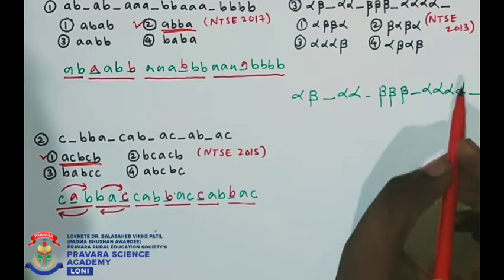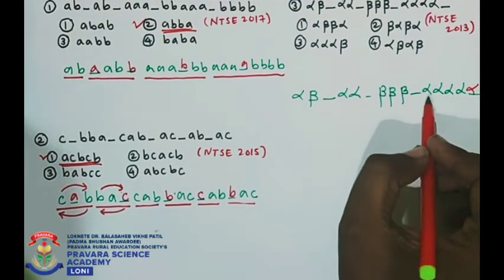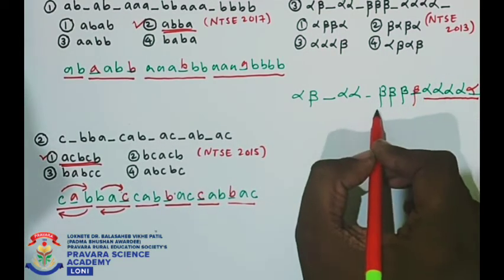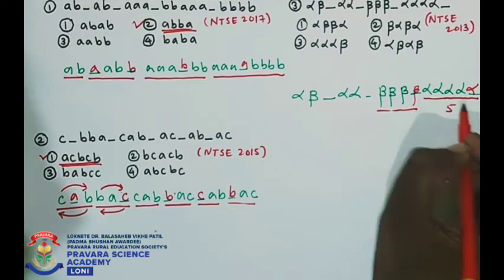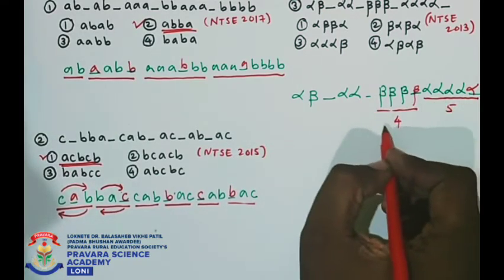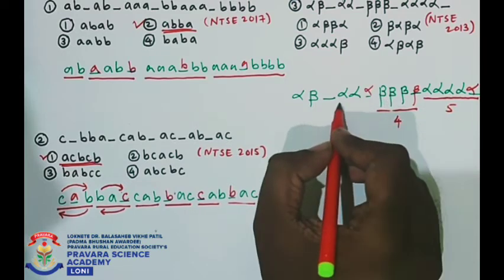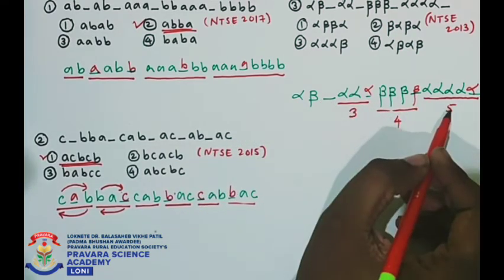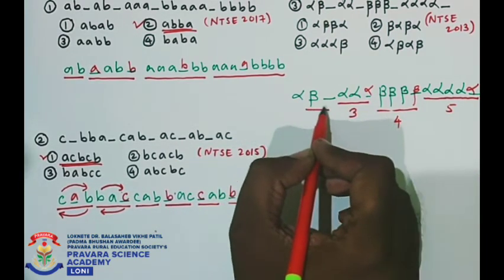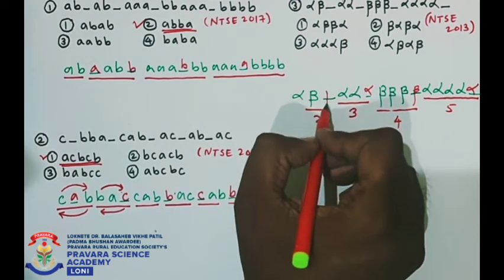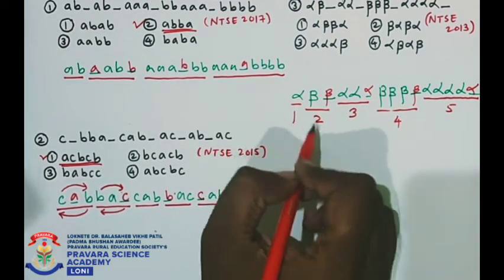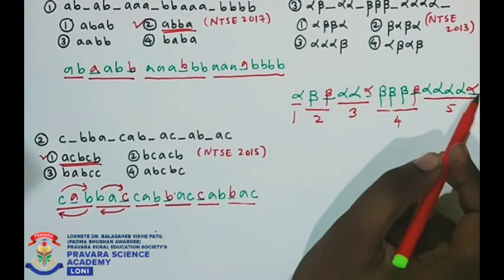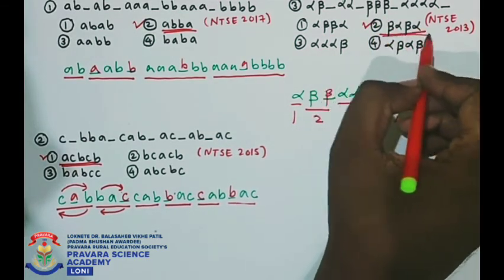So if I put alpha here, that will make alpha 5 times. If I put beta here, that will make beta 4 times. So here alpha was coming 5 times, beta was coming 4 times. In this way, here I have to put alpha. Now this alpha will repeat itself 3 times. Now 5, 4, 3, here this beta must be coming twice. So here I have to put beta, and this alpha is only 1 time. So by observing only the repetition, we guess the answer beta alpha, beta alpha. So our second option is correct.